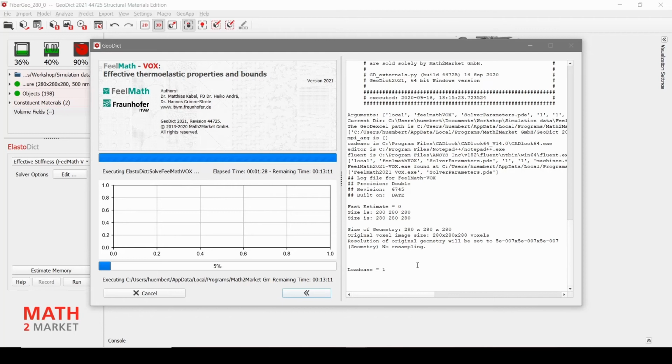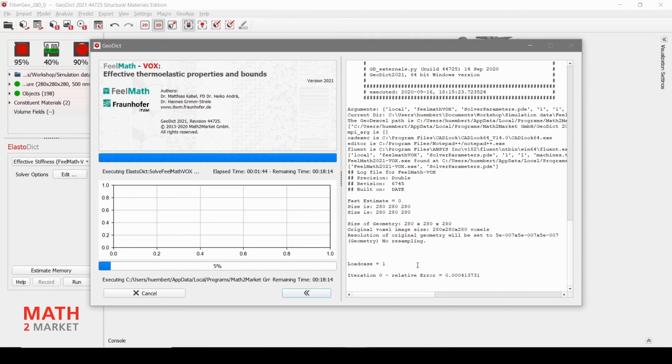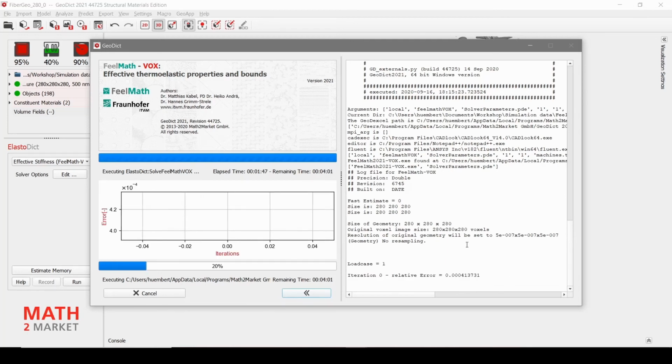All that might go faster on your computer or also take longer depending on your hardware. I'm doing that now on my laptop computer with 8 cores and 32 gigabytes of RAM. Of course, if you have a bigger machine, that might go a lot quicker, and if you have a smaller laptop, then it might take longer. So here you now see the error of the first iteration.